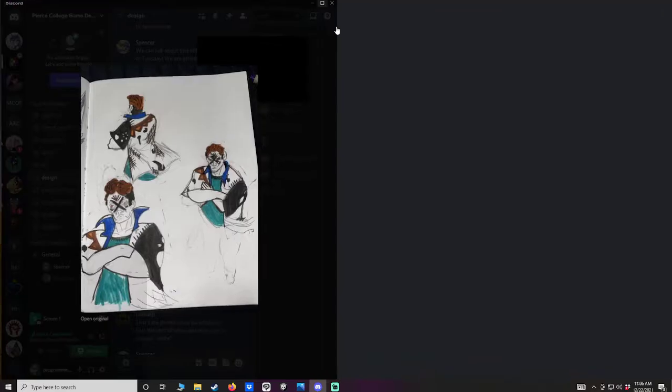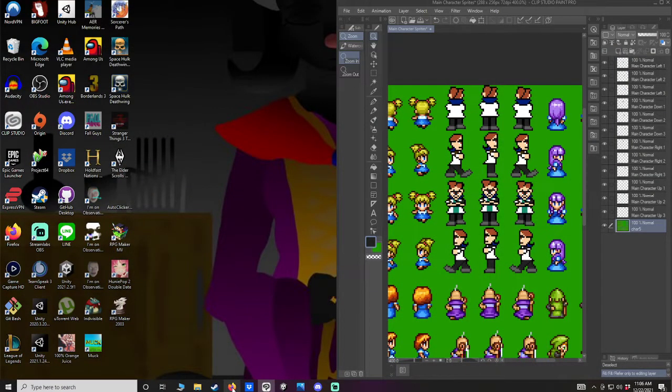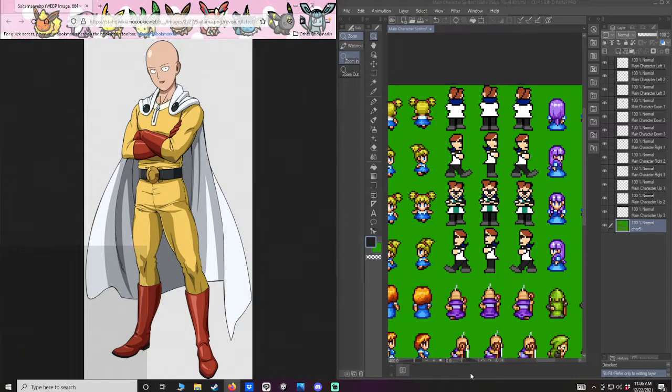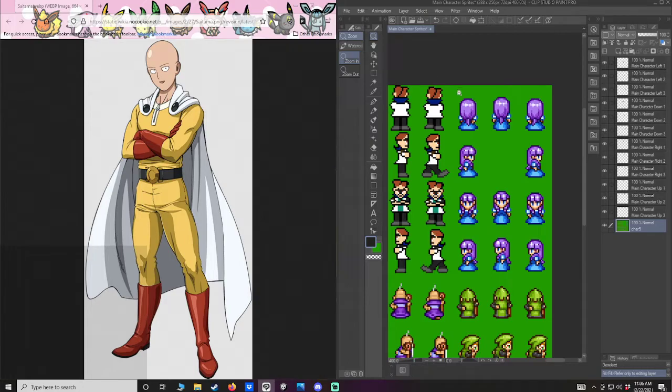So now we got that out of the way, we are going to do one for this guy right here. As anybody knows, this is Saitama from One Punch Man. I chose him because our main character looks like King from One Punch Man. And I deleted the wrong one. So,